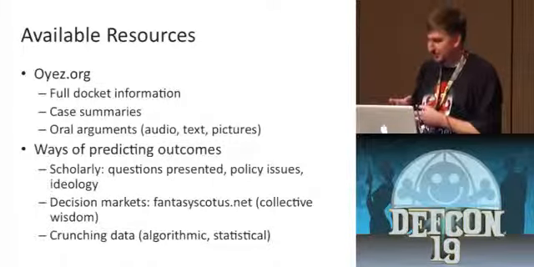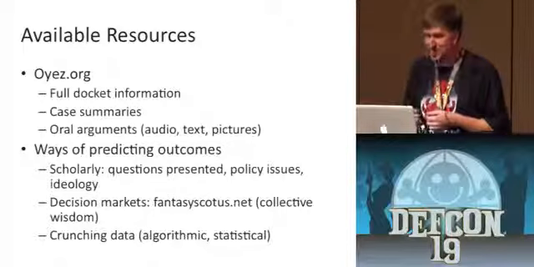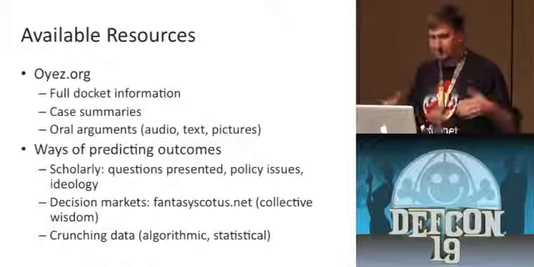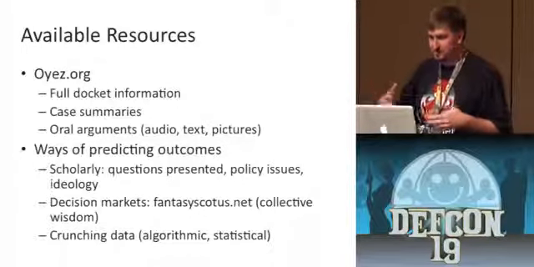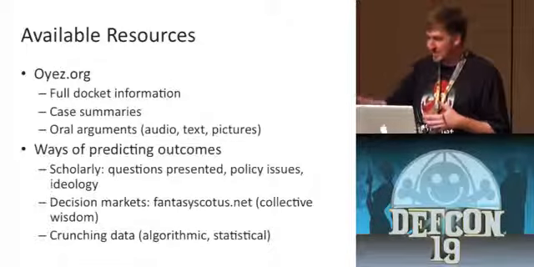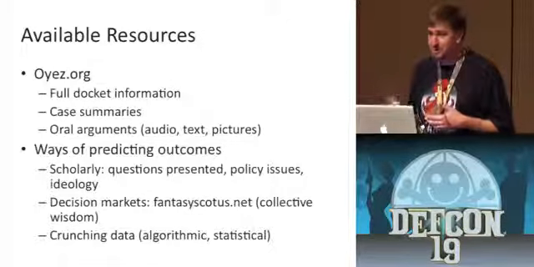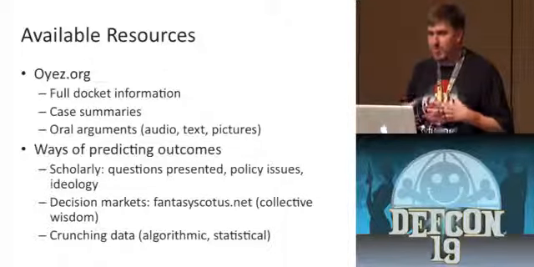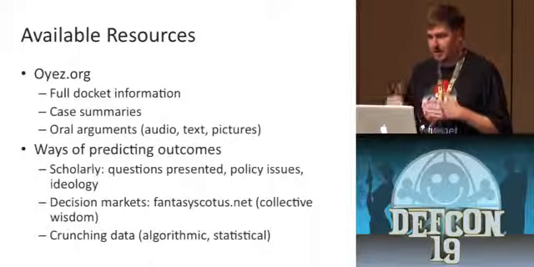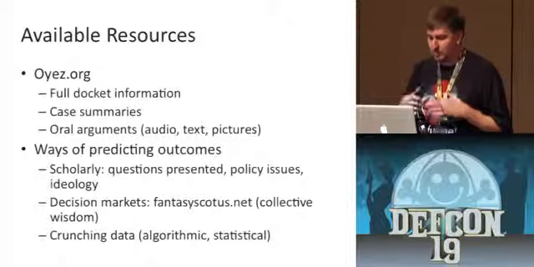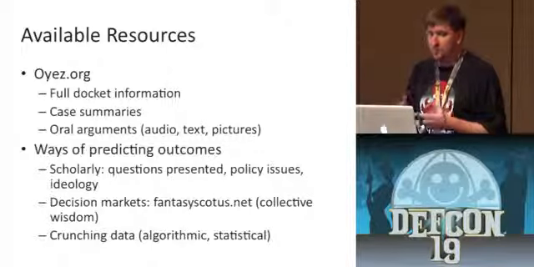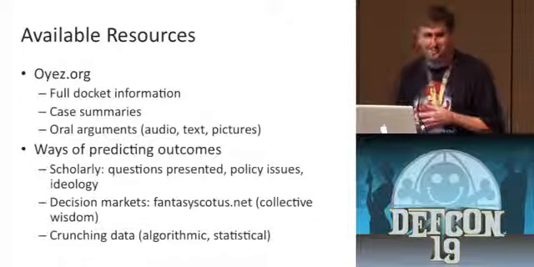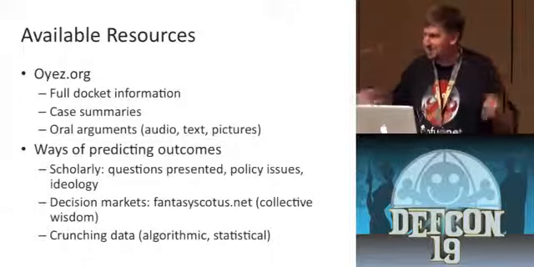Next you have this really funny thing called the Fantasy SCOTUS project, where it's sort of like fantasy baseball. It's trying to harness the collective wisdom of legal pundits around. You can enter and sort of bet on outcomes, and it turns out that Fantasy SCOTUS is not a bad predictor. They do a decent job. And then there are some people who have tried to do sort of algorithmic looks at this and make other complex systems for predicting what the outcome of a case will be. And I say the hell with all that. What can we do with absolutely no knowledge whatsoever and completely unprofessional tools?